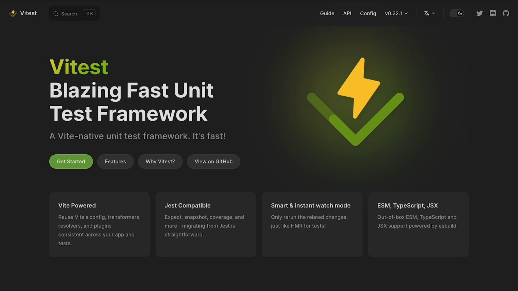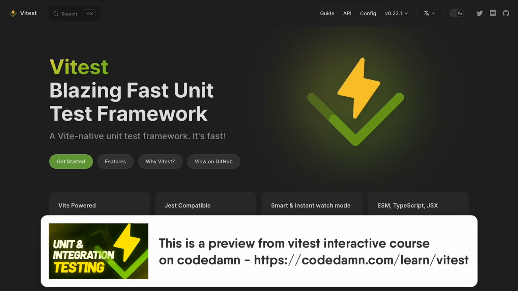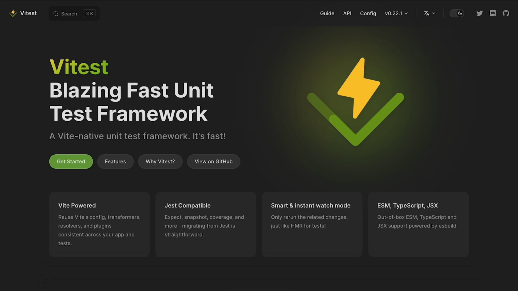It's very fast, it's built on top of Vite, which is again built on top of ESBuild, and all these new tools which have been coming out, Bun, Vite, ESBuild, are pushing the levels of speed and performance in JavaScript. So it's great to work with something which is much faster than previous generation tools like Jest or